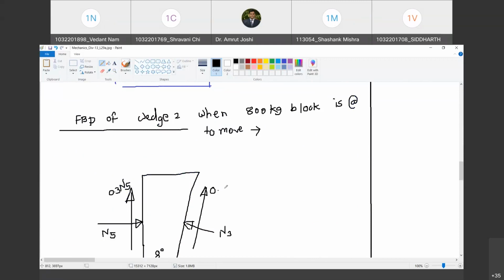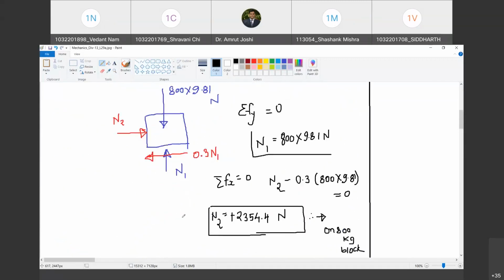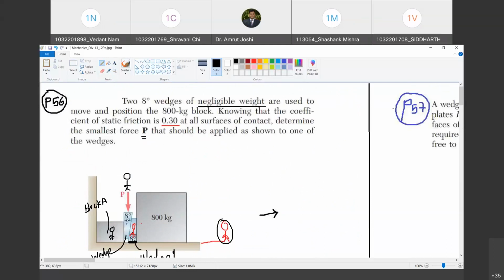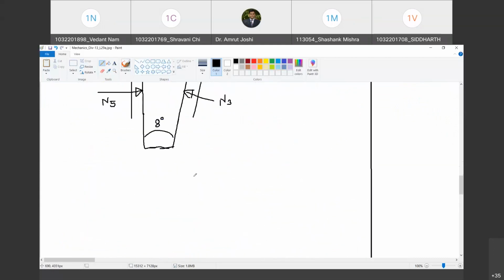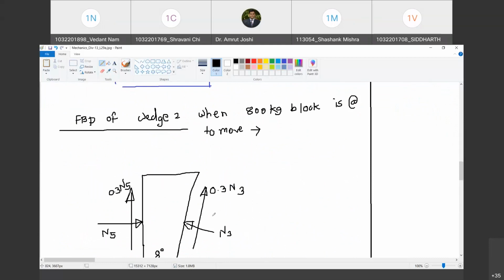Happy? Yes, sir. Let us confirm the direction once more by physical understanding. Who has offered the force on whom? Wedge 1 on wedge 2. I station the observer on wedge 1. With reference to the observer on wedge 1, wedge 2 is moving down, therefore the frictional resistance offered by wedge 1 on wedge 2 must be upward. Do you agree with me? Yes, sir. So that's correct.